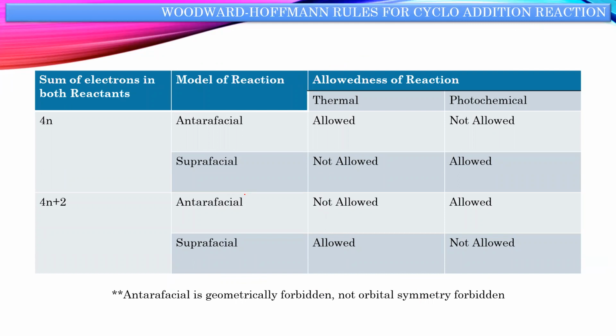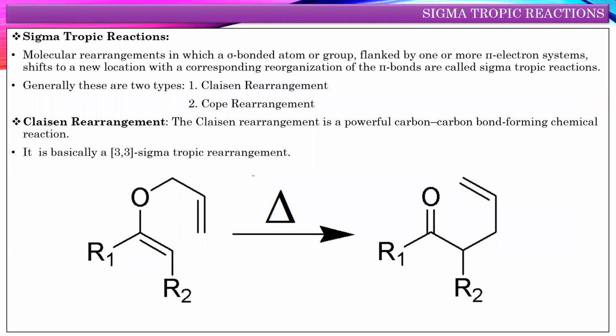Woodward-Hoffmann rules are for the electrocyclic reaction, which is the single molecule case. Here is the two molecule case. Here also the properties are listed. You can go through them. Antarafacial is geometrically forbidden, so only suprafacial reactions are asked. So here the rules are not as important as in the electrocyclic reactions, right?